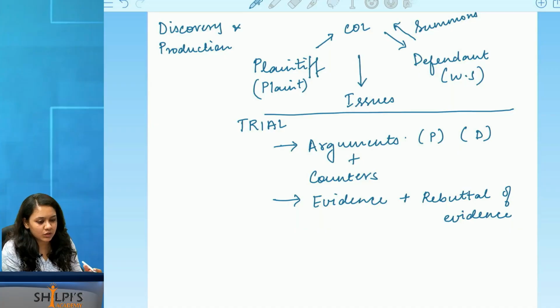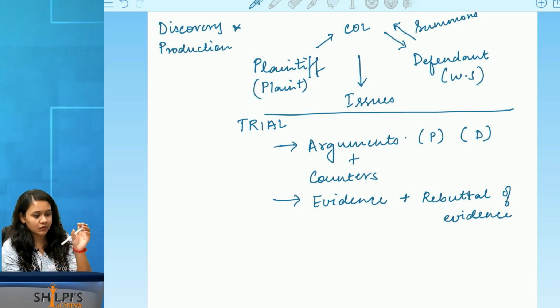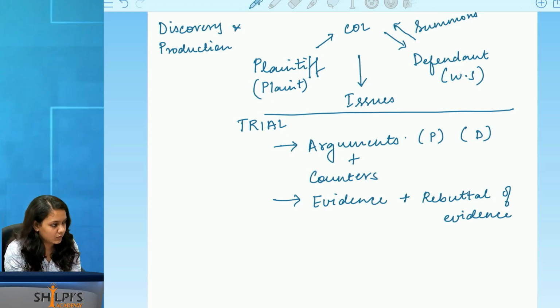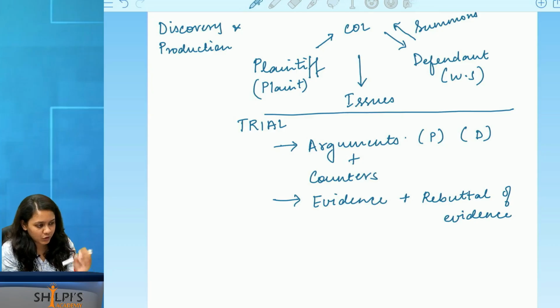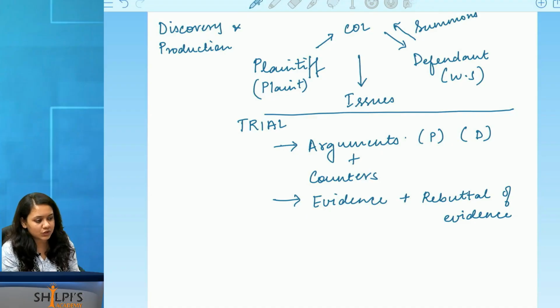What can be a rebuttal of evidence? If it's a document, you can say that no, this document is forged, or this document is not real, or this document is not properly stamped. Or in the case of certain other types of evidence, you can say that this evidence is not even permitted by law to be given. Like I said, we follow the Evidence Act with respect to what can be given and what cannot be given. So if it is an evidence which is prohibited by law, then you can't submit that before the court. So this is the stage of rebuttal of evidence. Okay.